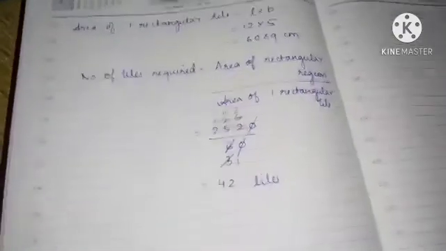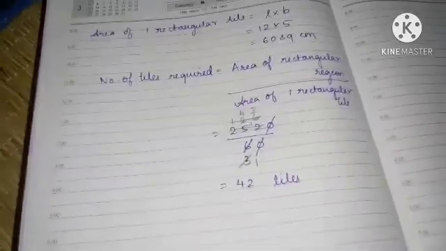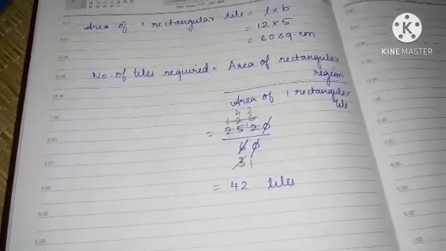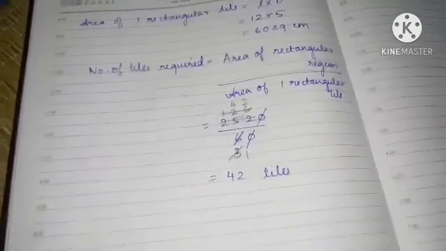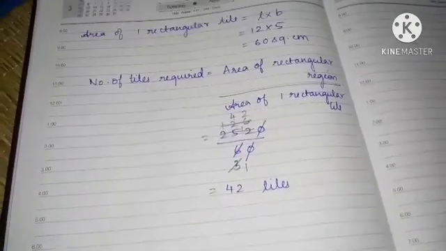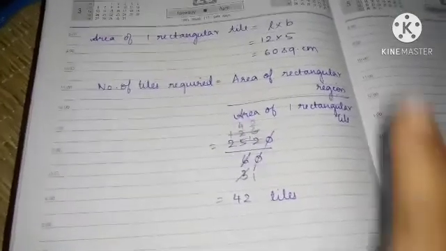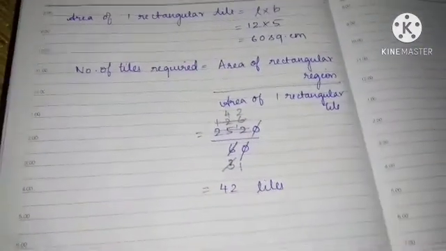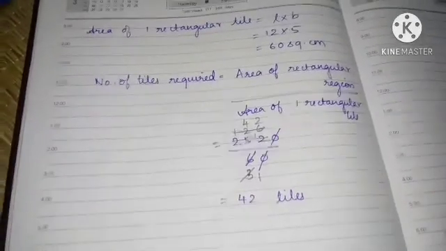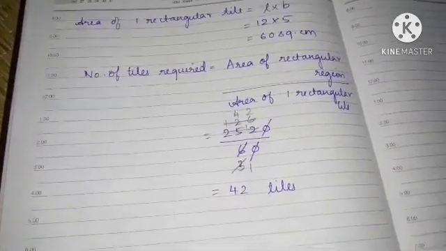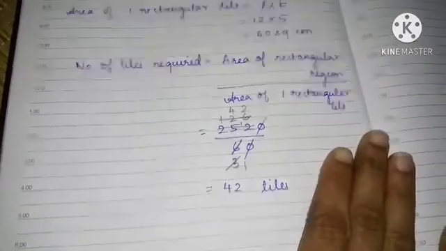And this is the last problem in this chapter. In this chapter we have discussed how to find the perimeter, area, everything. I hope you all understood. Once again, recall whatever you have learned in this chapter, especially the formulas, how the formulas are derived, and based upon that solve some extra problems. So you'll get a clear idea about this particular chapter.